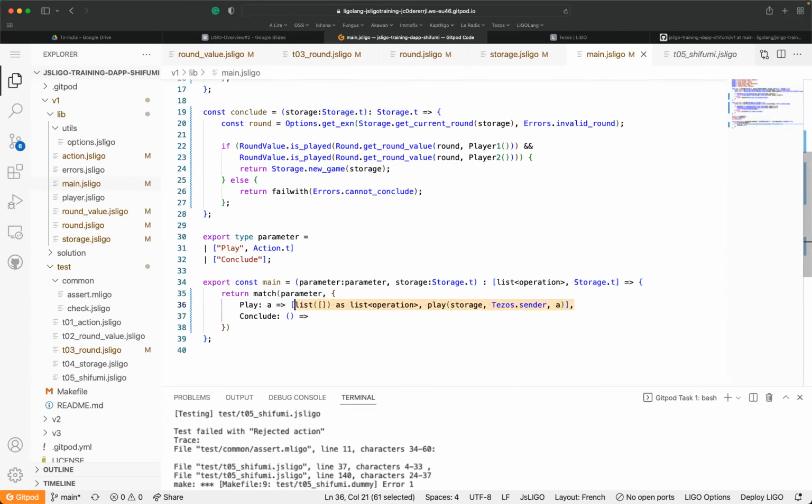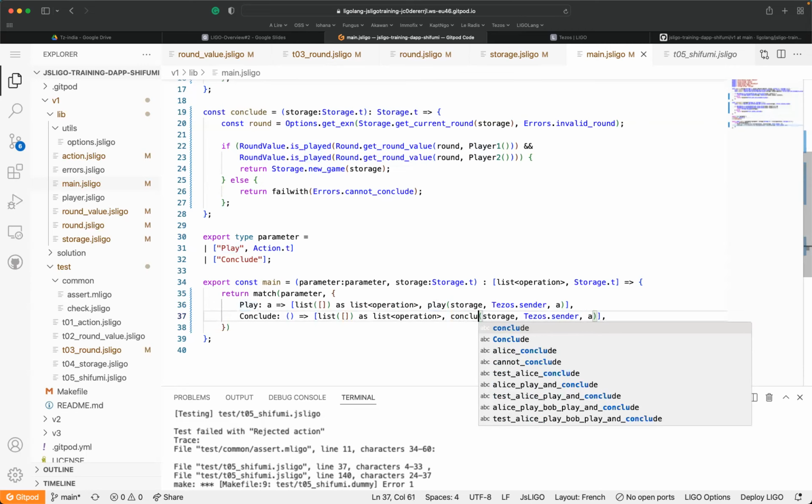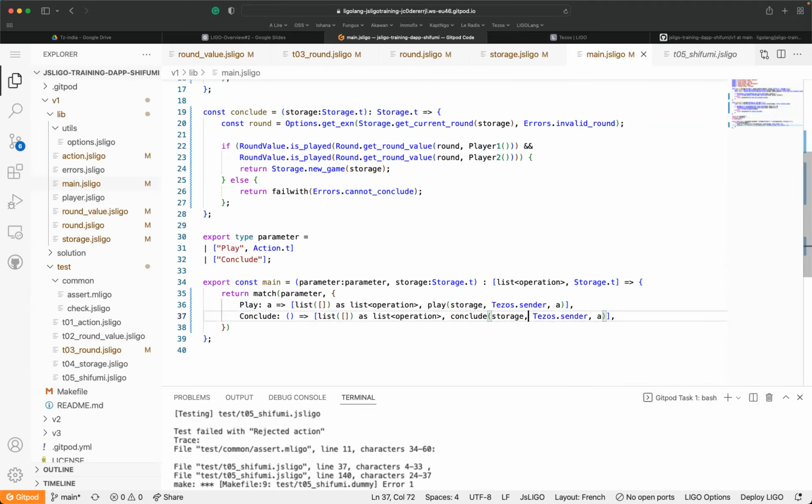Same for the conclude. We're going to call directly the conclude with the storage. Okay, that's all. And if you remember, I said we don't care who called the conclude.